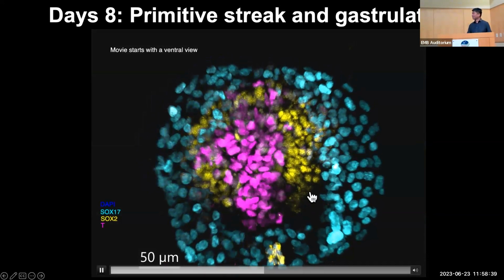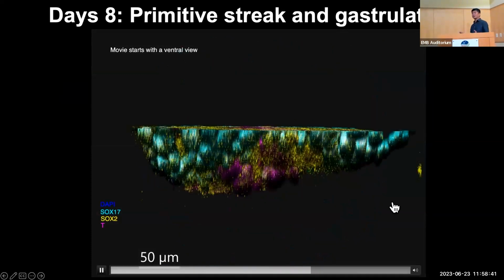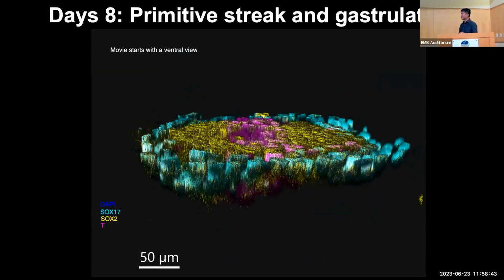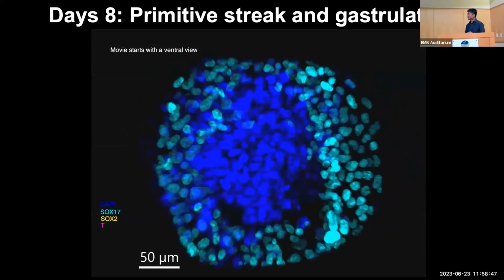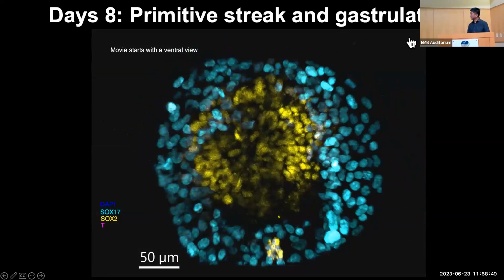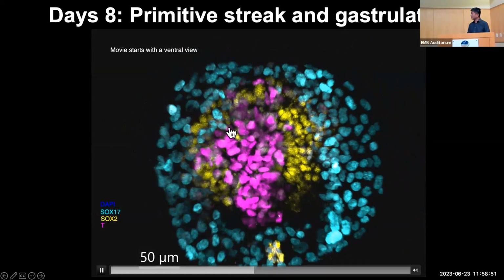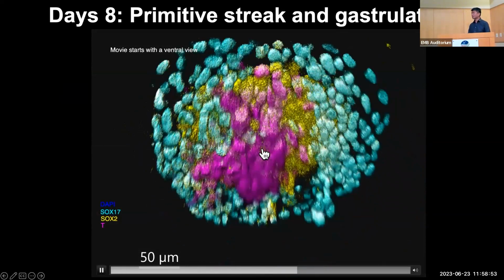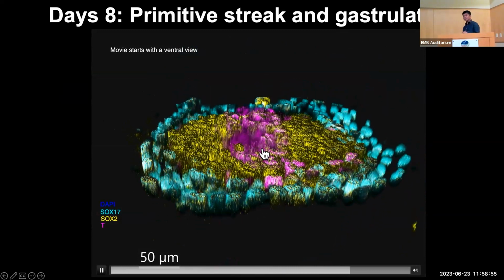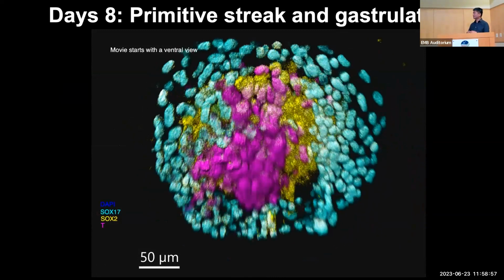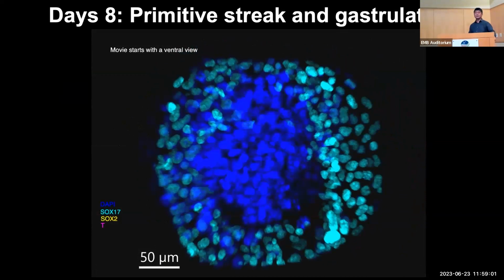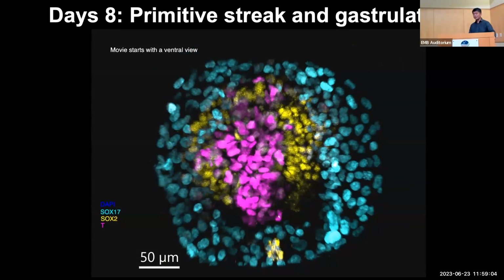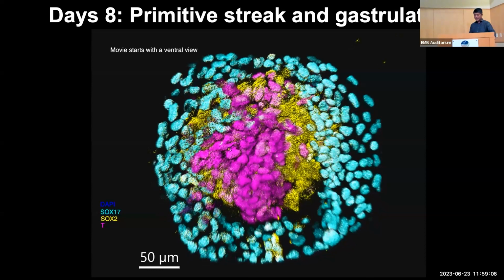Okay, so here's the video showing more details about this process during day 8, and we can see again these SOX17 positive cells outside the SOX2. In this case, SOX17 is the yellow color here, and the purple is the T positive cells, brachyury positive cells. Again, we can see this. It seems like a trilaminar disc-like structure is starting to form in this day